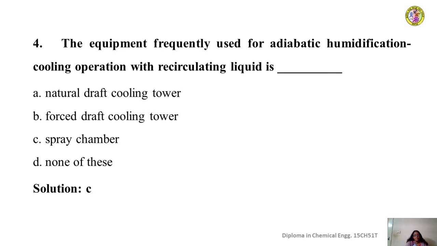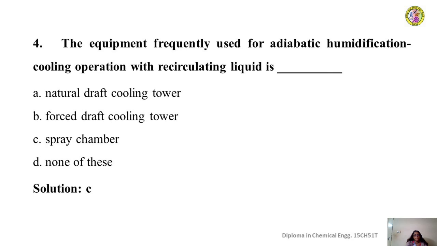So adiabatic humidification and cooling operation is carried out in a specially designed humidification equipment. Cooling towers are generally meant only to cool the water. They are not basically humidification equipments. The purpose of cooling towers is to cool the water. So the required kind of humidification cannot be achieved for the air inside a cooling tower.